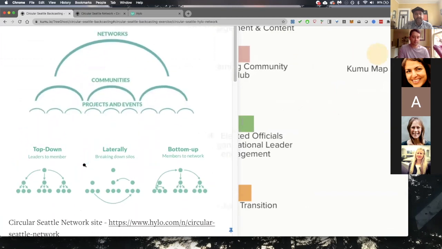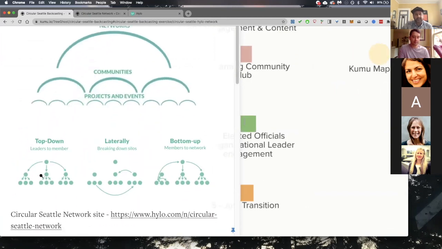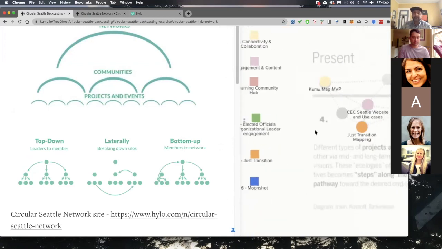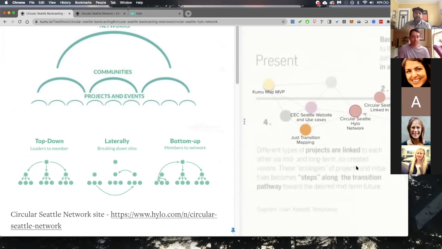The other piece of that is this platform allows us to let anybody lead. So right now we're just starting this project and helping people get going, but eventually people can start leading them themselves. And so this is moving beyond Facebook, beyond LinkedIn, and allowing people to build one network together. And so let me show you what that is. Before I move on and get into Hylo, does anyone have questions or need any more clarifying?